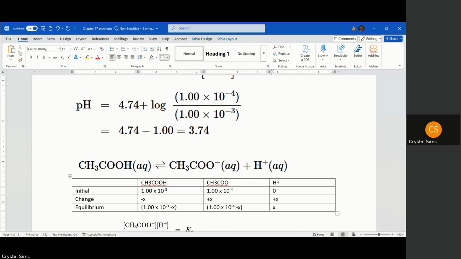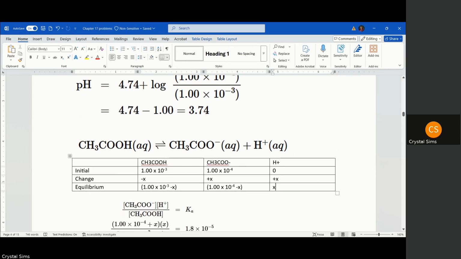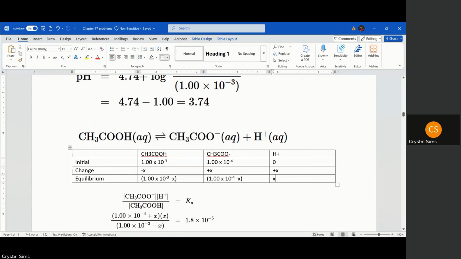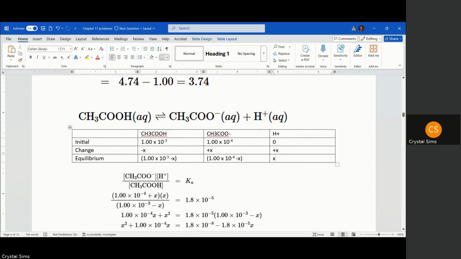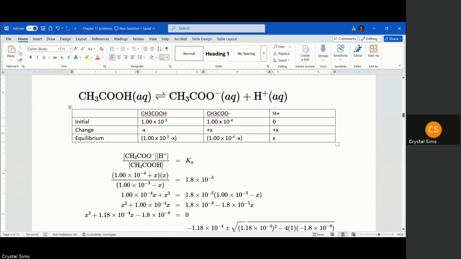Okay. So here is our ICE table. We've got that all figured out. And now let's look at our equation. Remember, the concentration of the products divided by the concentration of the reactant equals Ka. When we plug in our values here, this is what we have, and we're making no assumptions, so we're going to end up having to use the quadratic equation. So we plug in our values, and do our math here and cross multiply, and we end up with